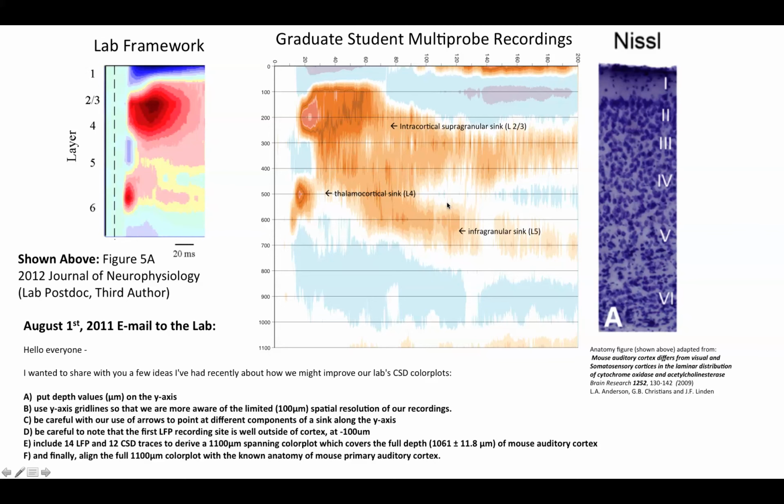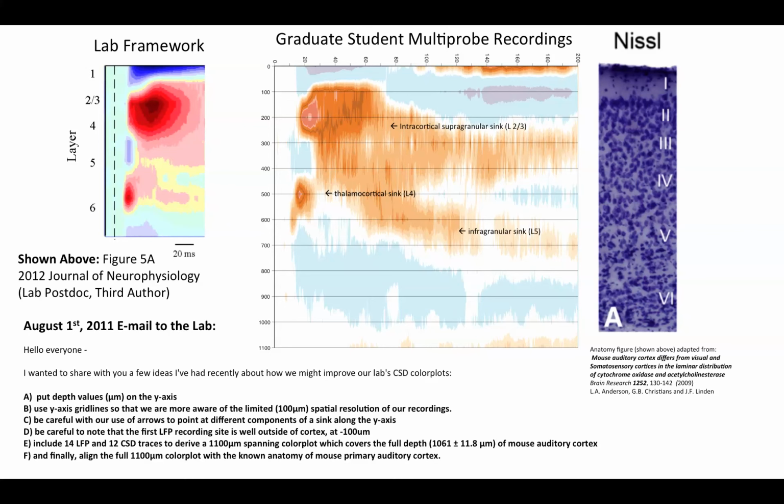Now, I sent this email on August 1st, 2011. Two days later, on August 3rd, it was decided that I would no longer be a member of the lab. And my email was never responded to. No one ever responded to any of the questions or concerns that I had expressed. There was really no scientific discussion of anything. It was just decided that I would no longer be a member of the lab and that I had to find somewhere else to continue my graduate student education. And this is after I'd been in the lab for over 2 years. So my last day in the lab was August 8th, 2011.